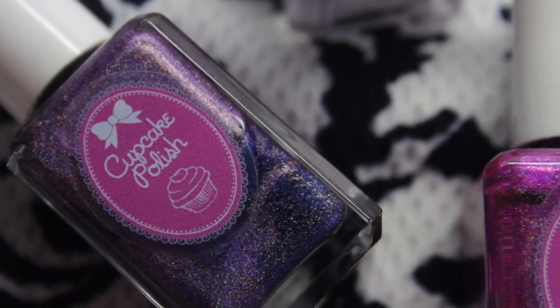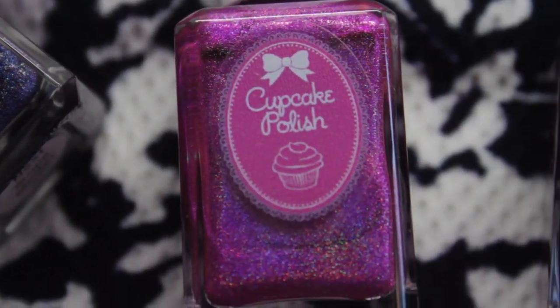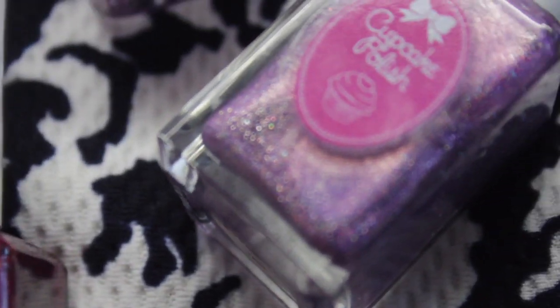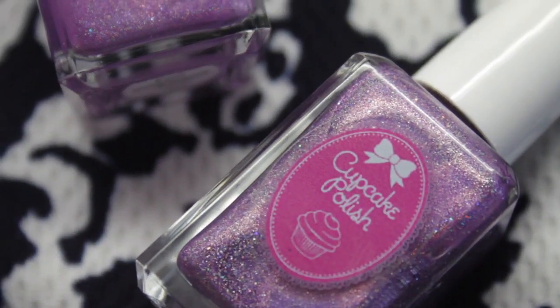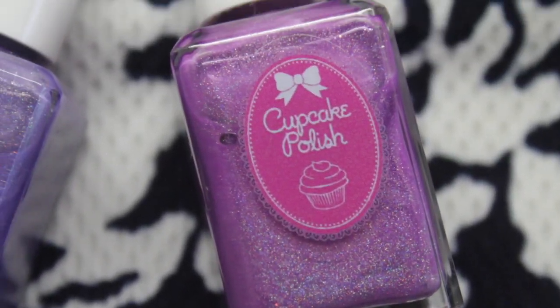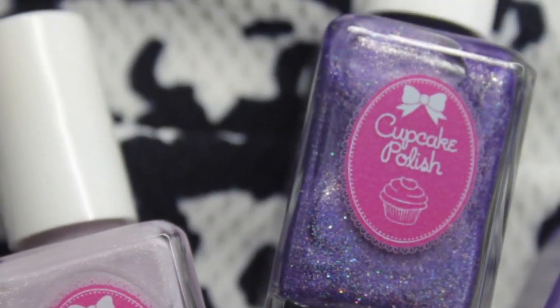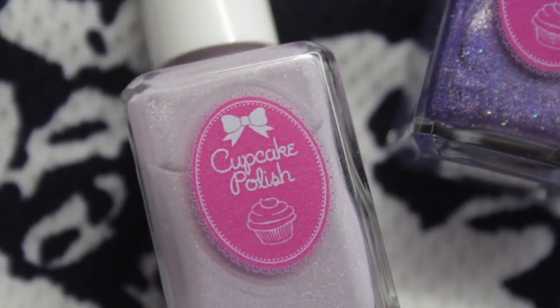So the reason I wanted to start with Cupcake Polish is because they just celebrated their 5-year anniversary, and I have to say I think their polishes are fantastic. They're consistently 2-coat formulas, really easy to work with. They're not too thick, not too thin. And I know I don't have a lot of different types of polishes, different kind of formulas and different shades, but I think the polishes that I have are a good representation